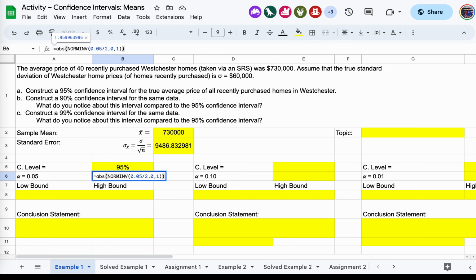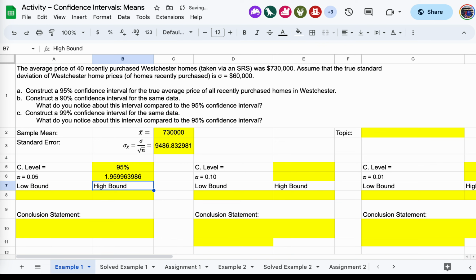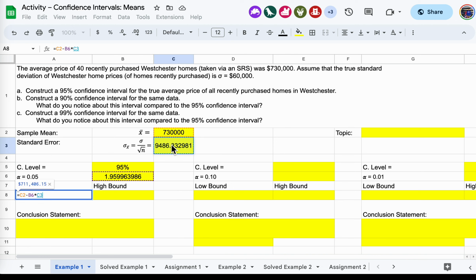So absolute value of that number, because we're going to do the plus or minus anyway, but I want something that's copy pastable. All right, so lock that in. I have my z sub alpha over 2. For the low bound on the confidence interval, it's the sample mean plus or minus z sub alpha over 2 times sigma over the square root of n. So we'll start with minus, x bar minus z sub alpha over 2 times sigma over the square root of